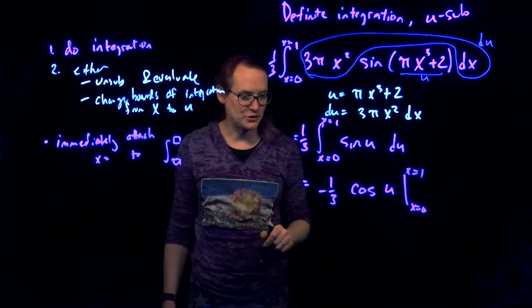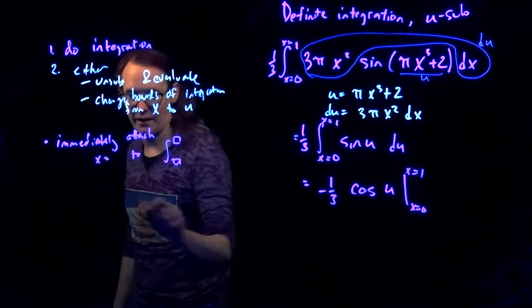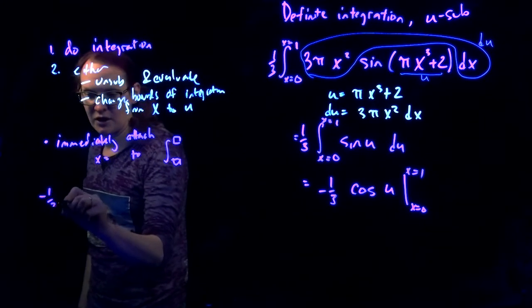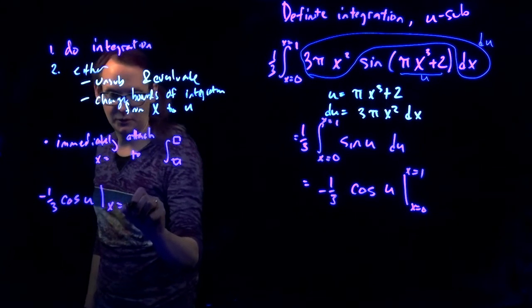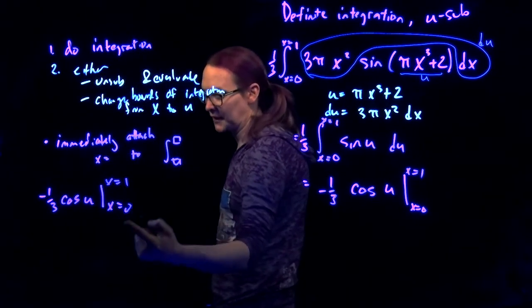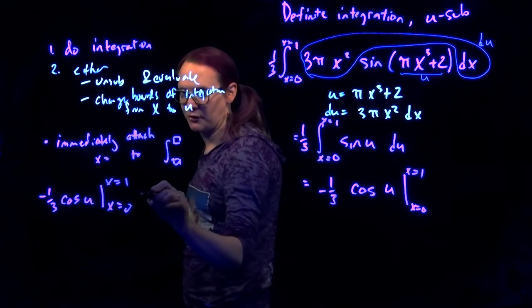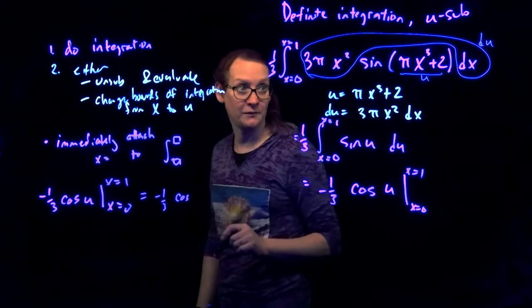So one of the options that I have is to unsub and evaluate. So let's do that. So I have minus a third of cosine of u evaluated from x equals 0 to x equals 1. x's, u's, conflict, can't substitute them in. So that's equal to minus a third of cosine